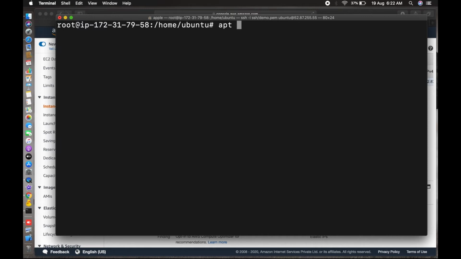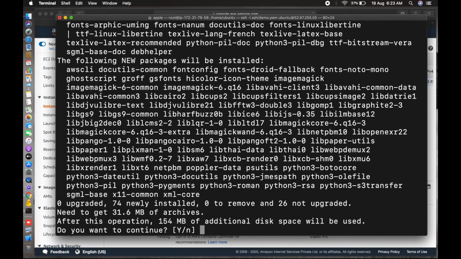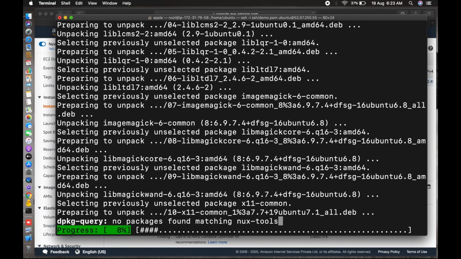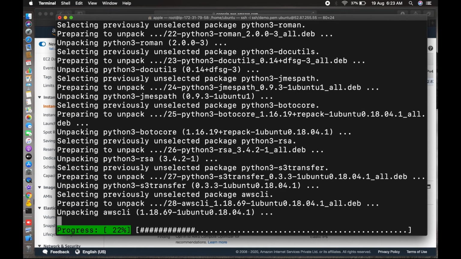Through this command you can install the AWS client, so that you can access all your AWS resources through this command prompt. Yes, so here it is, it's installing the AWS client now.